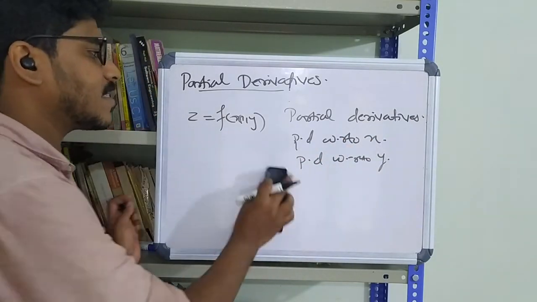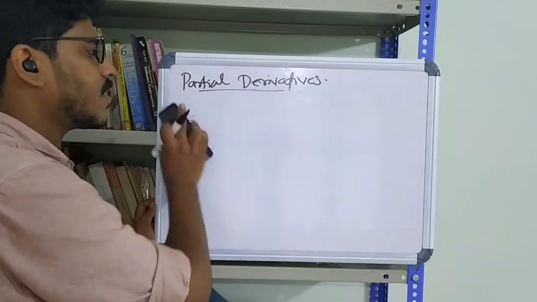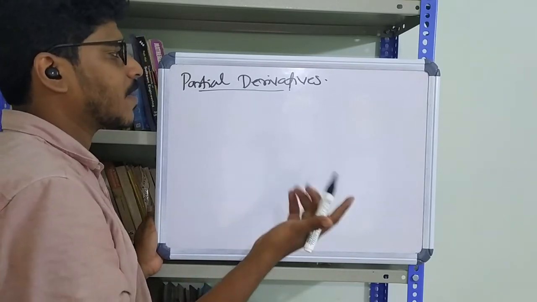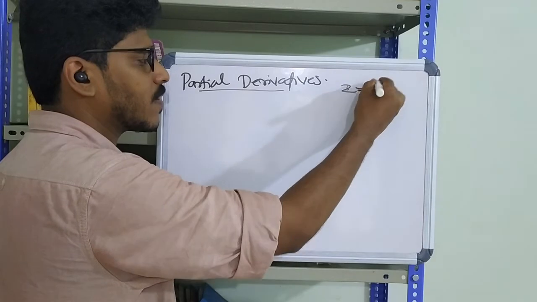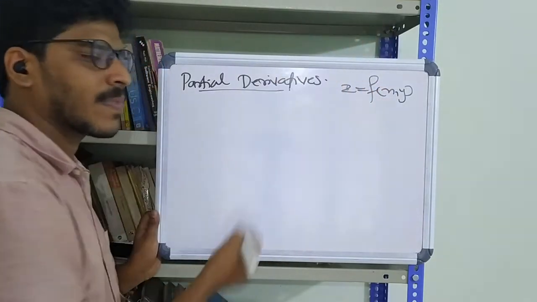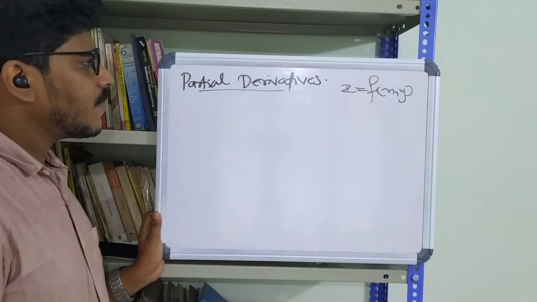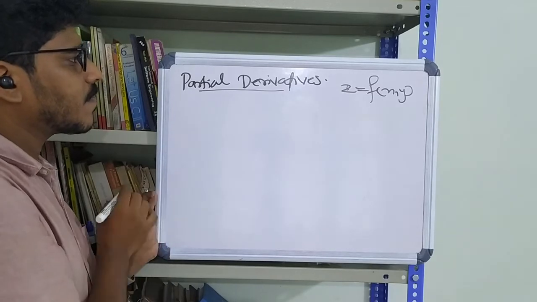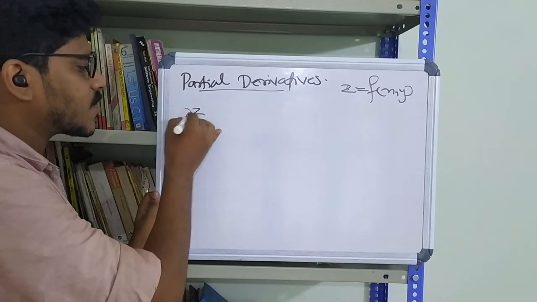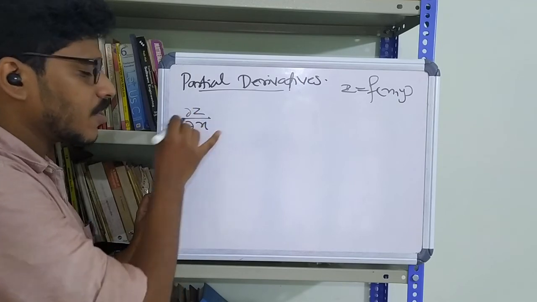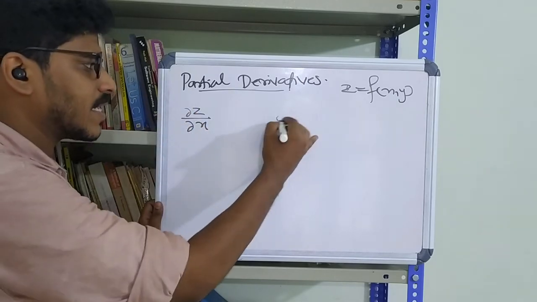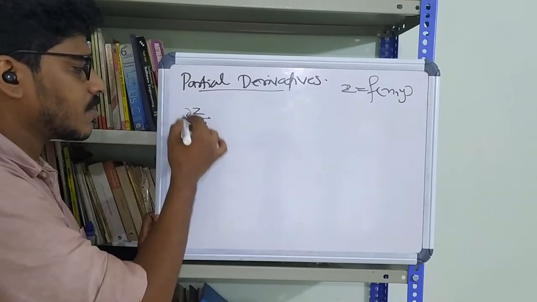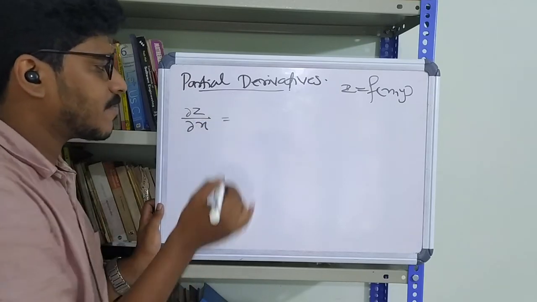Now let's formally define these partial derivatives, and then we can think about the practical applications and the techniques used to evaluate them. So suppose we have a two variable function z equal to f of x, y. The partial derivative of z with respect to x, denoted as ∂z/∂x, like we used dz/dx for the ordinary derivative, we designate the partial derivative as ∂z/∂x, is defined as, again, a